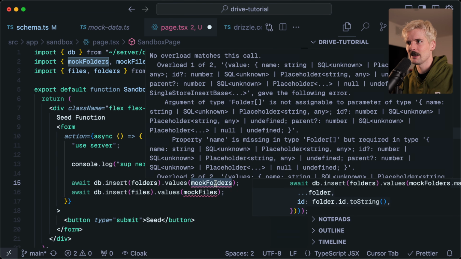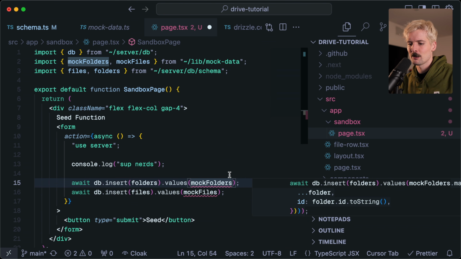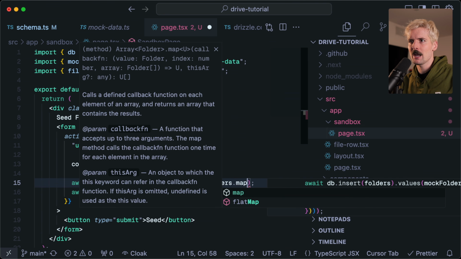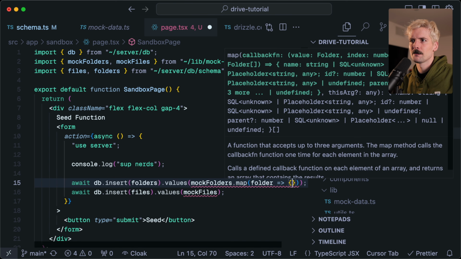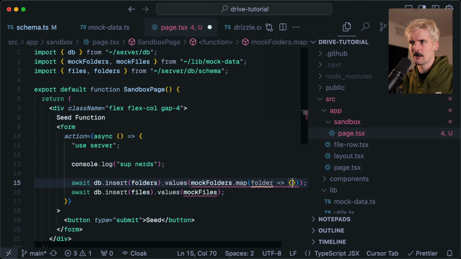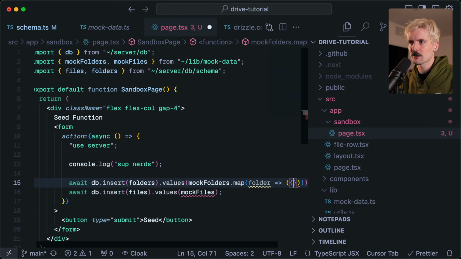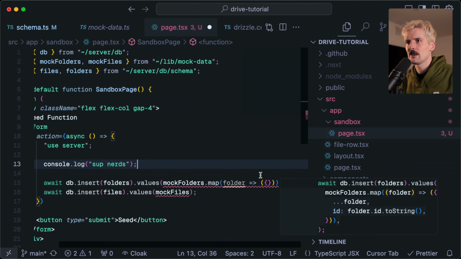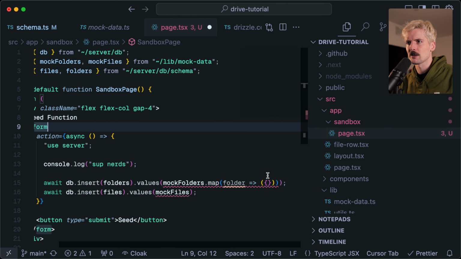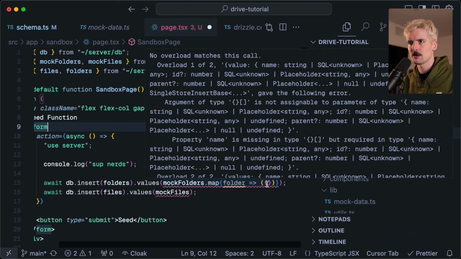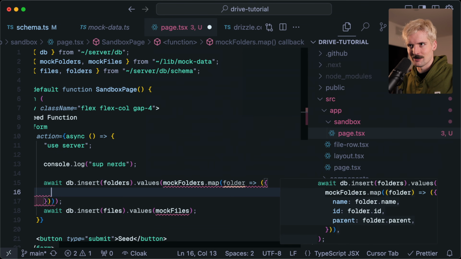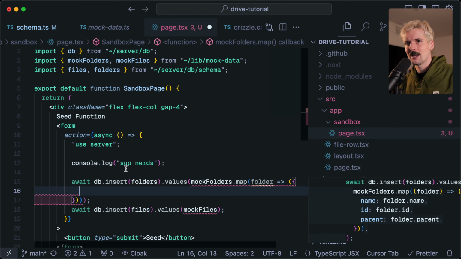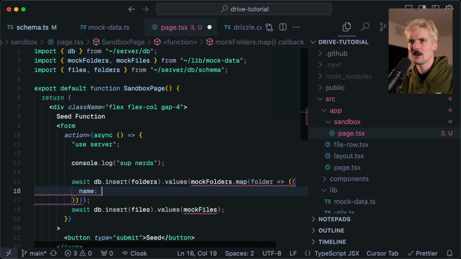And the problem, I'm assuming, is that this doesn't map right. And I am correct. What we're going to do here, mockFolders.map folder. We're going to strip out all the things we don't care about. Also, pro tip, little JavaScript thing. Since the syntax to define an inline function uses brackets, but so do objects, great design decision, we can do this inline still by wrapping the object in parens and this immediately returns what we want to return, which in here is going to be name